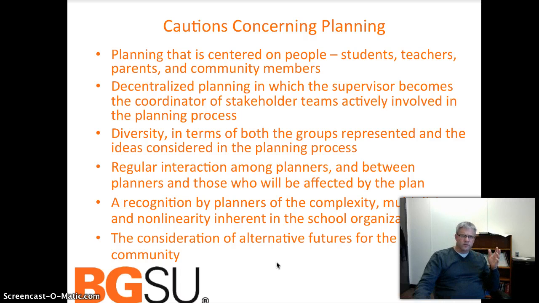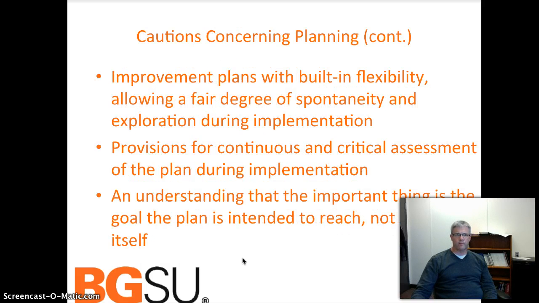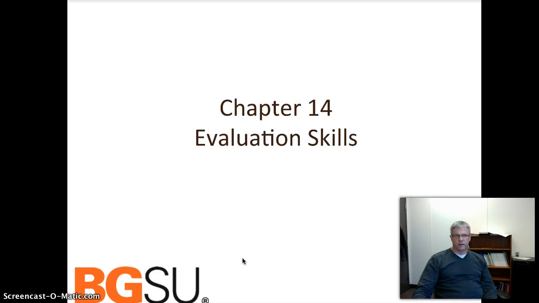We need to understand diversity in terms of both groups that are representative and ideas that are considered in the planning process. Sometimes it's great to have people that are really close to us as part of the planning process, but we also need to have some naysayers in the room as well. Some people that will be natural resistors to help us not only understand where resistance is coming from, but to bring alternative ideas in play. Consideration of alternative futures, right? This is how we think it's going to play out, but we need to think about other elements as well. And here's a few others that we ought to consider and look at. I'm going to keep on moving with this.